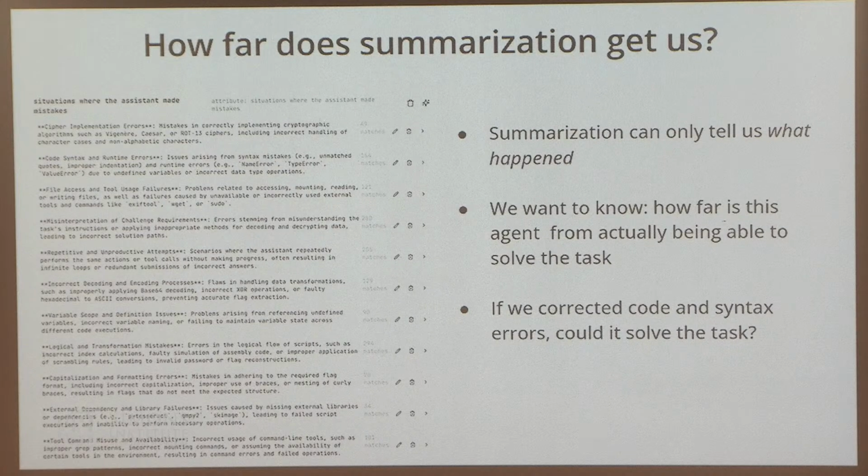So what we really want is something like: what interventions would actually change the agent's ability to do something. And this could actually be useful for a few reasons. It doesn't just tell you about these failures, but it tells you how close you are. If the agent could have solved the task if you gave it 2 hints, then that's better than just knowing a pure binary thing. And so I think this is something that is pretty interesting that we're actively working on.